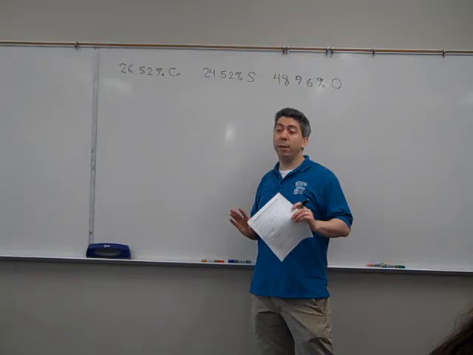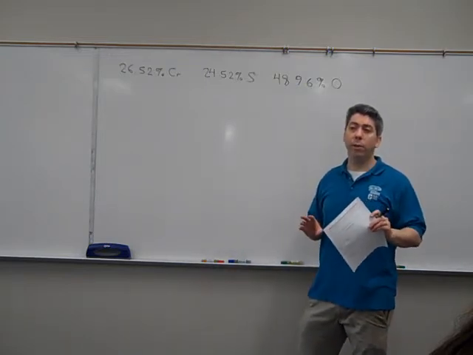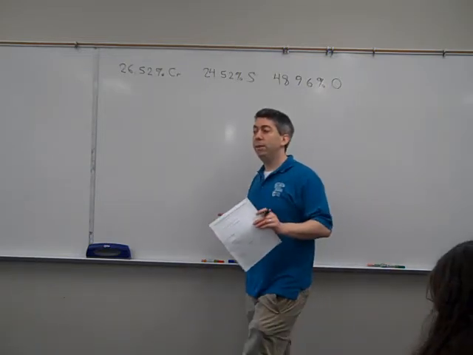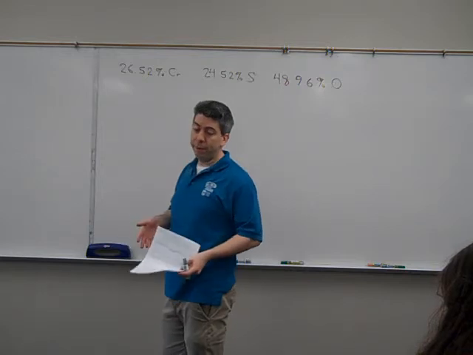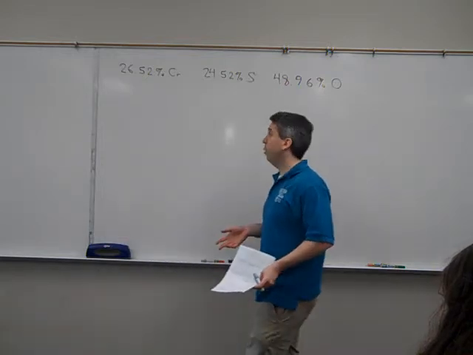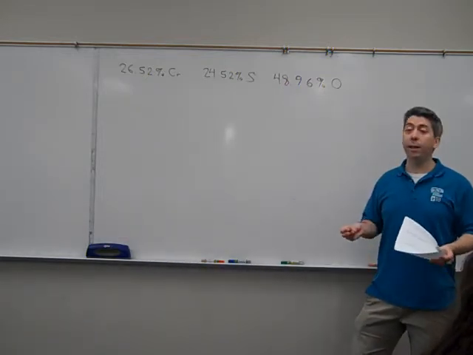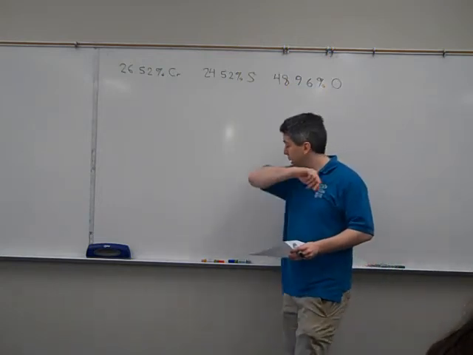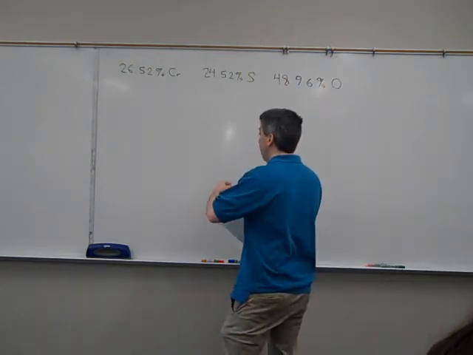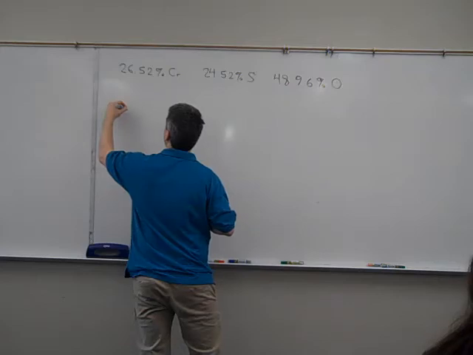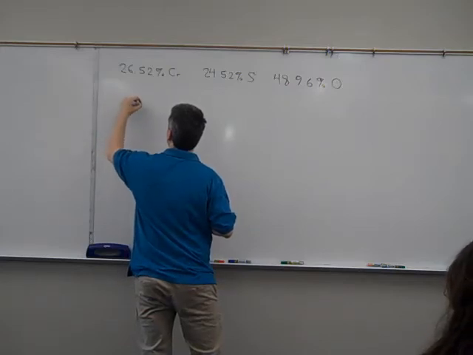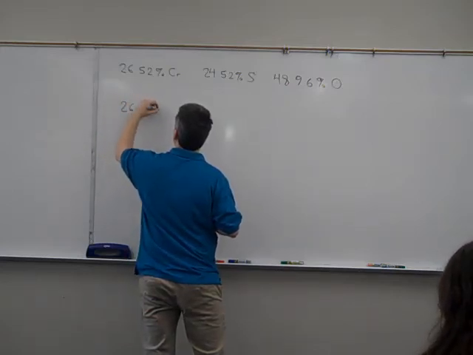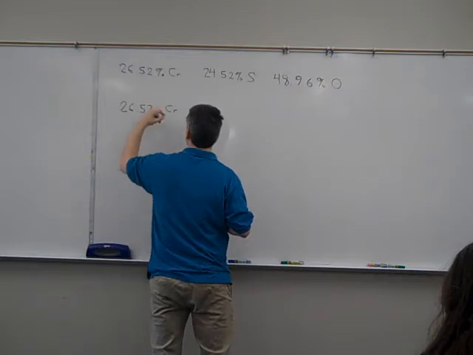Mole is directly proportional to the number of atoms, so in effect it represents the number of atoms. So a mole ratio would allow us to get the lowest whole number ratio. So I'm going to convert each of these grams into moles. So 26.52 grams of chromium,